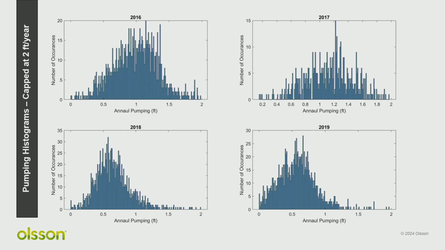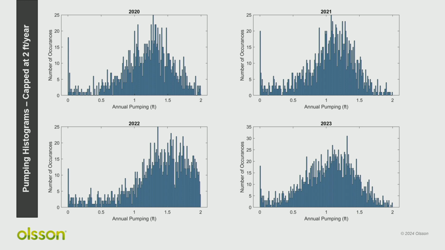I'll just go through these real quick, but what I thought was really interesting about this, showing a histogram of the annual pumping for each year, you can see the wet and the dry years, but just the huge variation. So there's a lot of producer practice variability going on in here. There's got to be. We haven't figured it all out, but to see this much variation in one pretty small geographic region was kind of surprising to me.